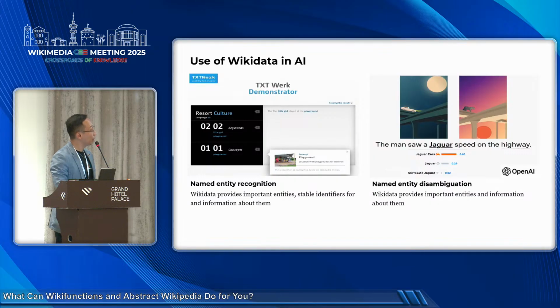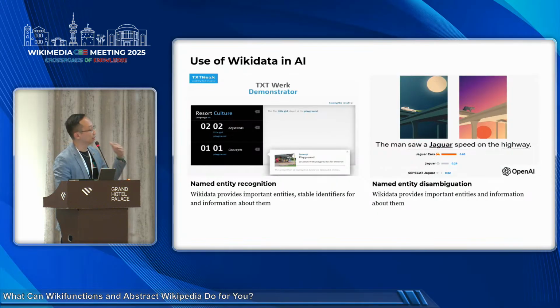Named entity disambiguation: Wikidata provides important entities and information about them. In natural language understanding tasks, it is common to encounter ambiguity about which entity is being referred to. Wikidata helps LLMs perform entity linking, matching words or phrases in a text to their corresponding entities in the knowledge base.